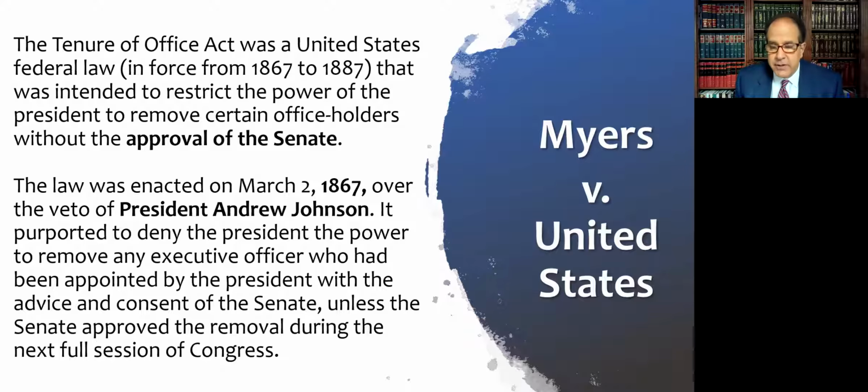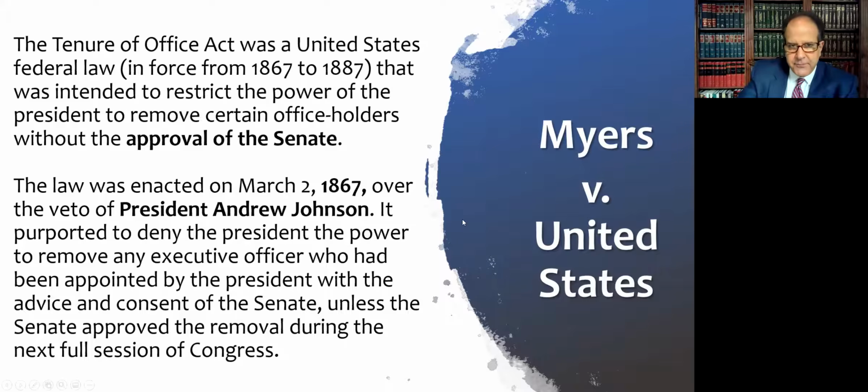By the way, I misspoke earlier and said that the postmaster statute was during the Johnson era. It was this statute that was during the Johnson era, and the postmaster statute was in 1876. I apologize. So Andrew Johnson actually vetoed it, and Congress overrode his veto. And it purported to deny the president a power to remove any executive officer who had been appointed by the president with the advice and consent of the Senate, unless the Senate approved the removal during the next full session